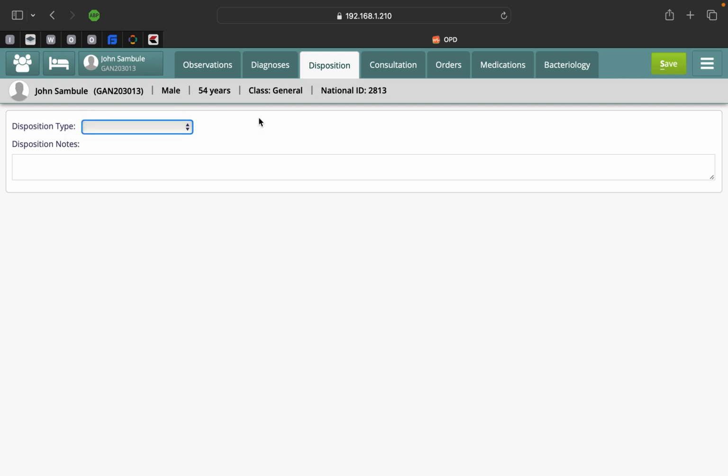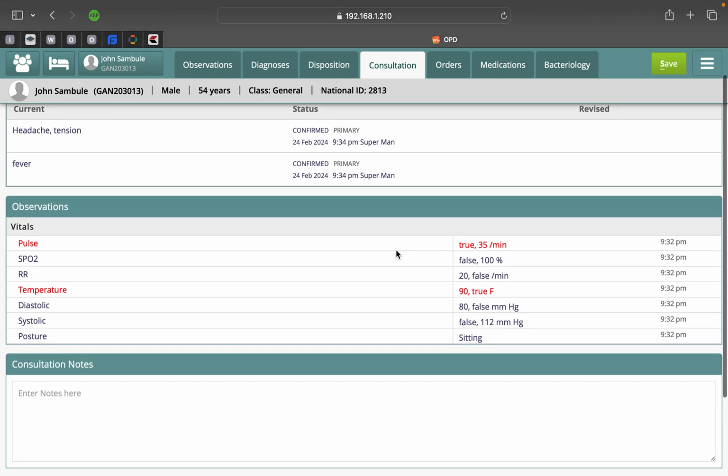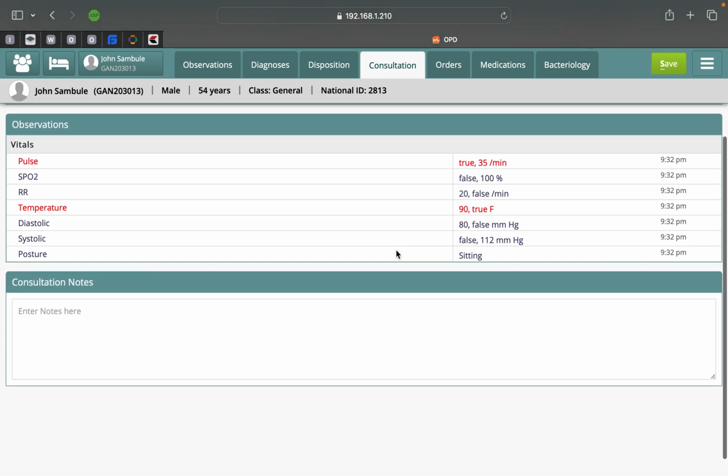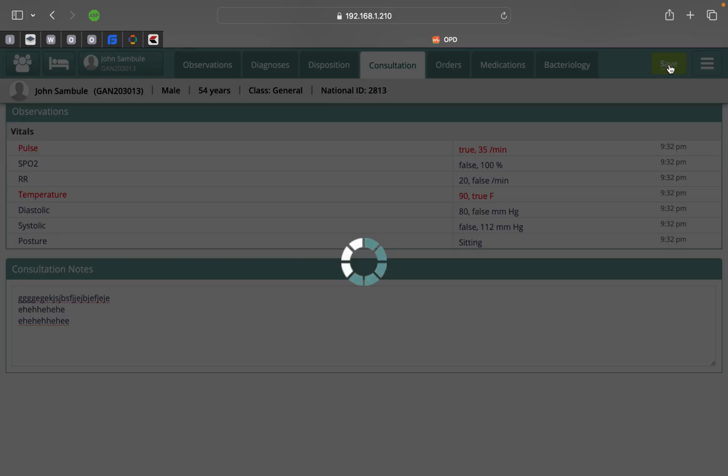the patient or what. Consultation, when you click on this consultation tab, it brings you summary of everything, like it puts everything in one page. So you can read everything, revise on it, and add doctor's notes right here. Yeah, you can add consultation doctor's notes right here. So when you finish consulting, you can click save,